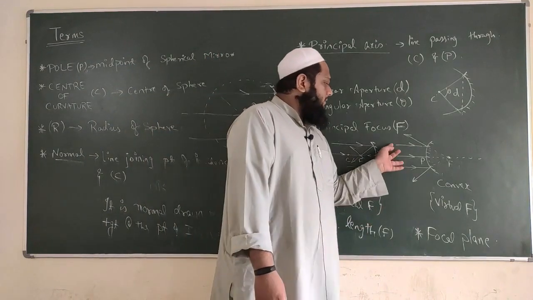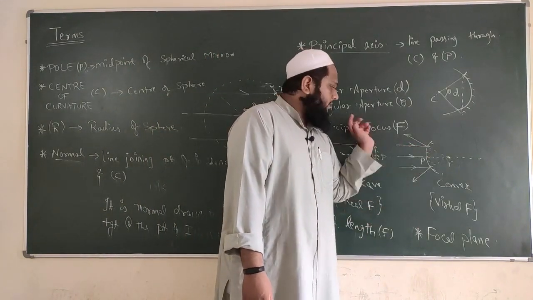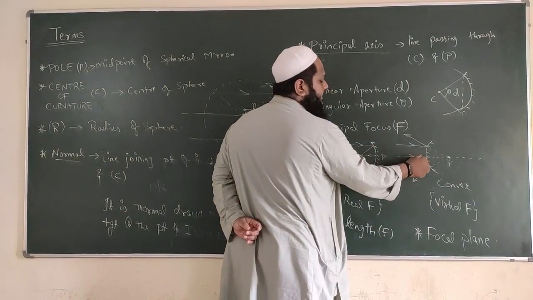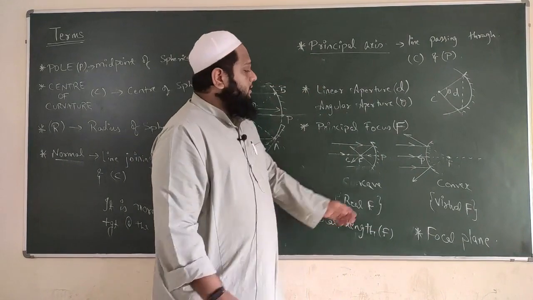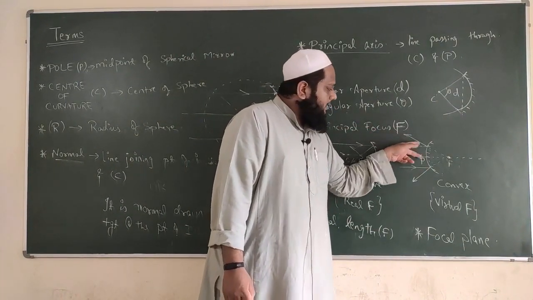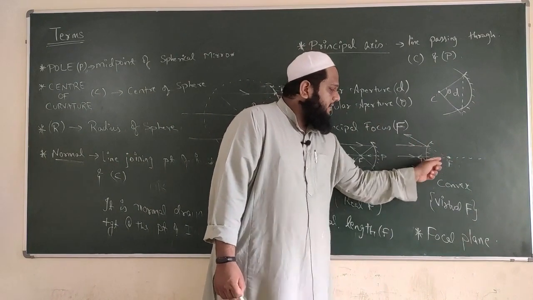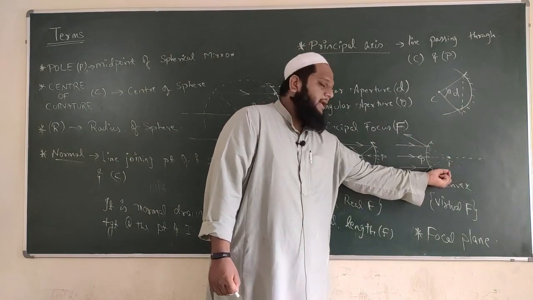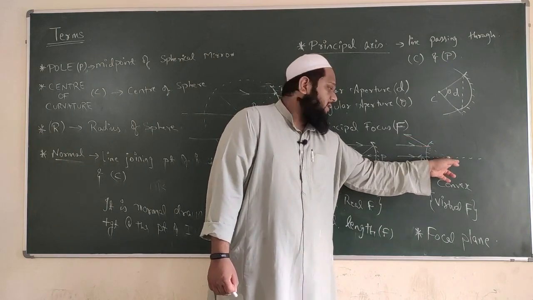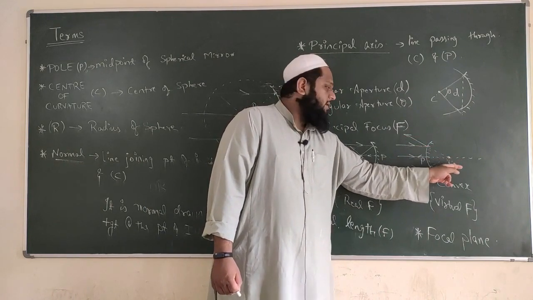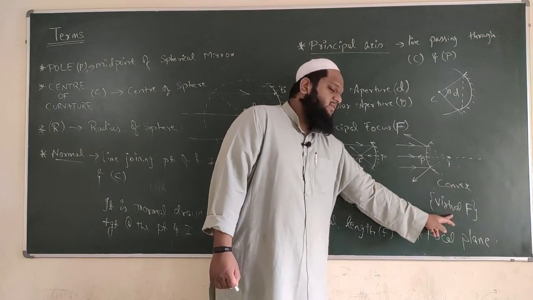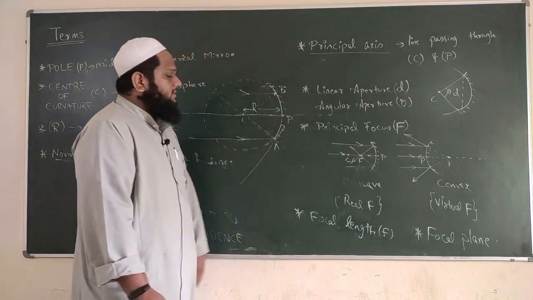And here, when they are incident, they are undergoing reflection. अच्छा, ये वाली लाइन को क्या होगा? Middle line, it will reflect, go back in the same direction. Yeah. So these two, once they are reflecting, they are going away, and they are not meeting at a point, but we are extending it and saying that they appear to meet. यानी अगर वो पास होते तो फिर शायद यहाँ पर मिलते. So that's how they appear to meet here. So it is a virtual focus. Since they are not actually meeting, we call it a virtual focus. So these are the two terms.